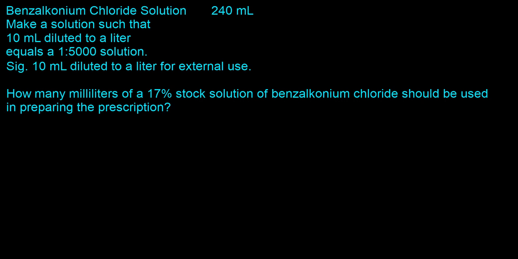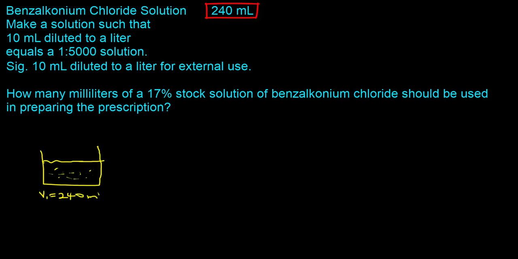Let's start off with a graphical representation of the information provided in the question. This would give us a good physical picture of what's happening in the question. That way, it will also help with our understanding of the various steps that we need to take in order to arrive at our solution. So we have a 240 milliliter benzalkonium chloride solution, and this solution actually is the stock solution. So this receptacle right here is representing the benzalkonium chloride solution, and the volume is actually